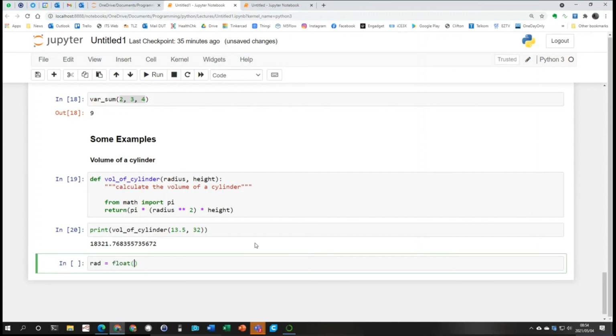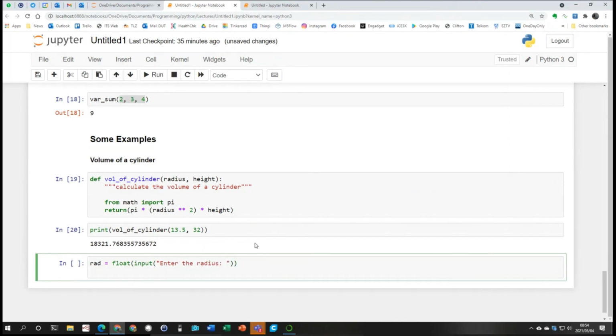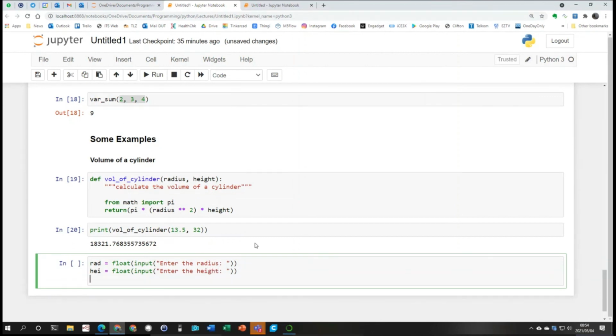rad equals float input into the radius. Height is equal to float input into the height, and then I'm going to say print volume equals, format that to 4 decimal places,